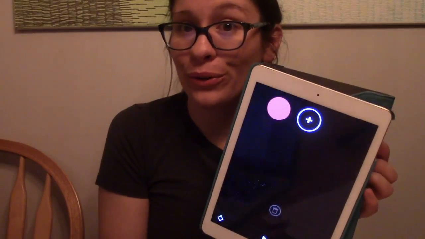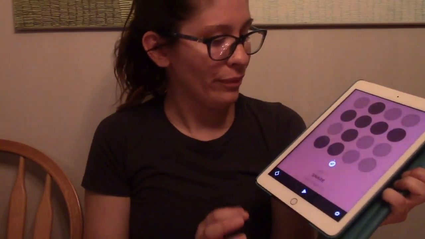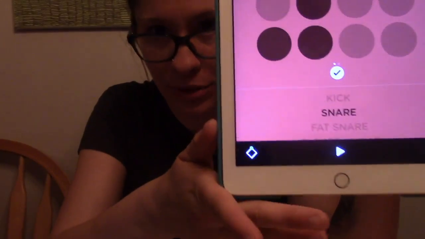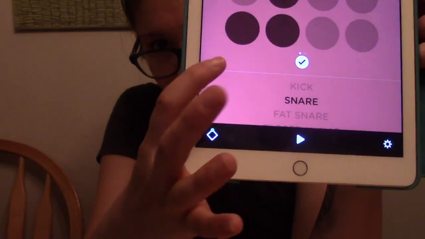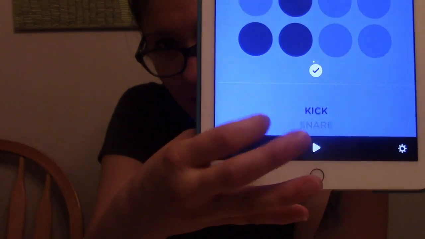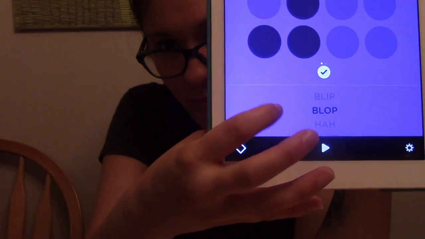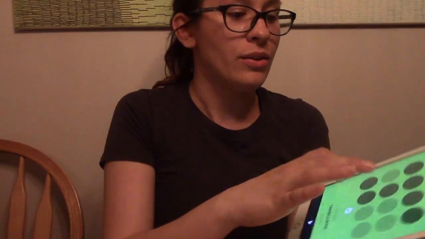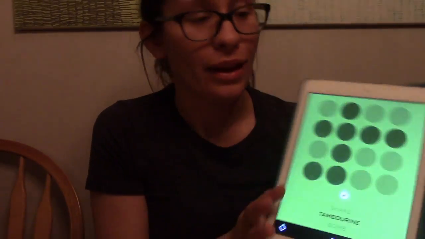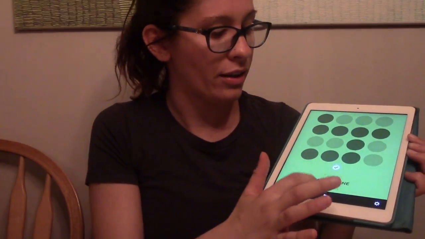So you may start out with this one circle, press on the circle here, and it has different options. All right, snare, kick, there's like an open one, you can name it, it's kind of cool. So you start off, hit some circles, let it go.